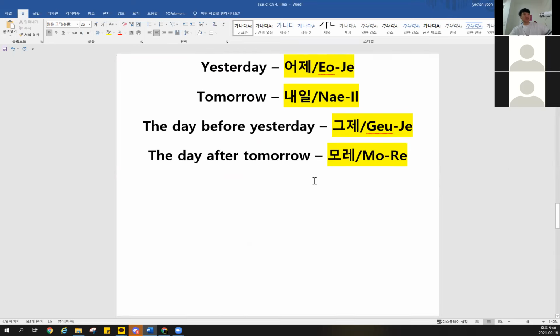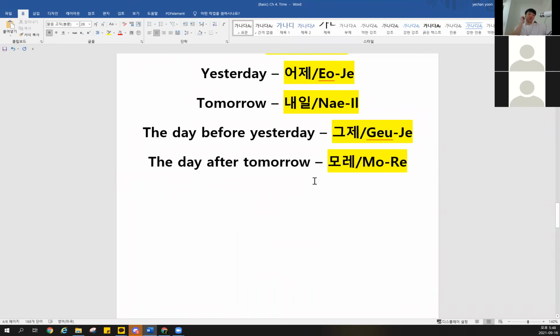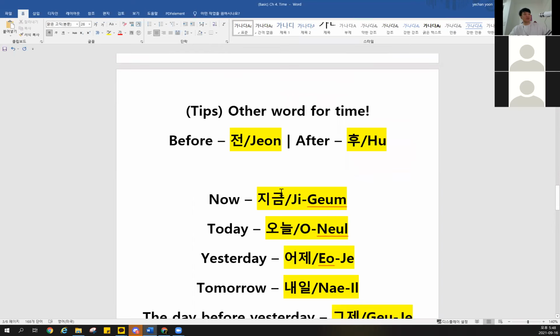But please remember, you need to speak out in your place, okay? If you don't speak out, your Korean skill is not going to grow that much, because language has to be spoken. So in your place, even if you speak wrong, please keep practicing. And if you have any questions, you can always write in our Discord channel, general help. All right, then let's go to the next one.